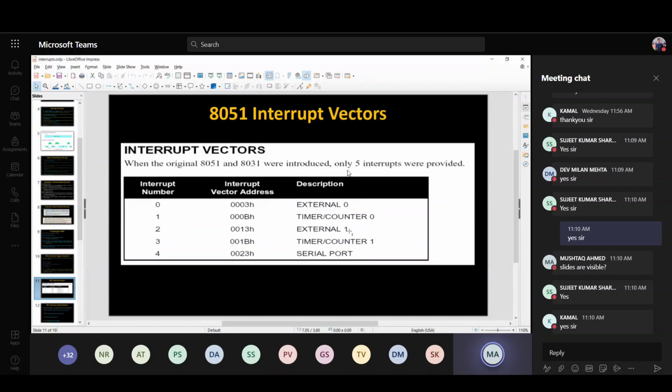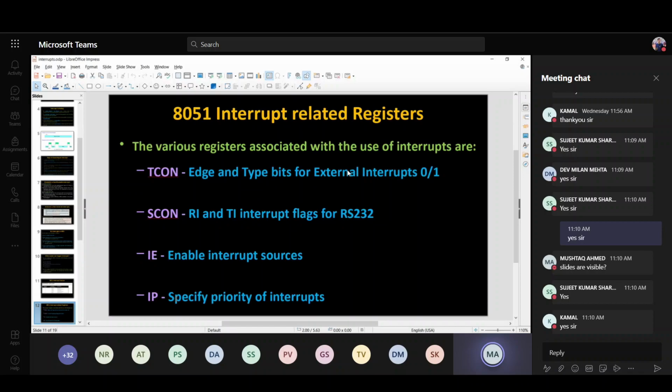If external 1 and timer/counter 0 occur at the same time, then the timer/counter 0 interrupt service routine is executed first, and after that the external 1 routine. But if you want to perform the external 1 interrupt before the timer/counter 0 interrupt, the interrupt priority register is used to set the priority of external 1 higher than timer/counter 0. So these are the main registers related to the interrupts.